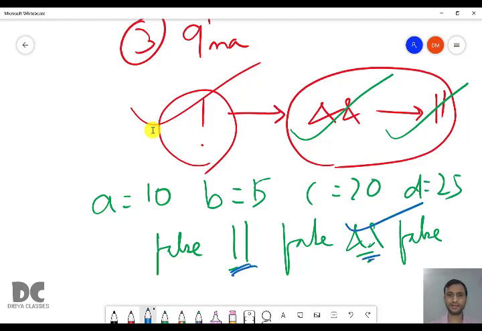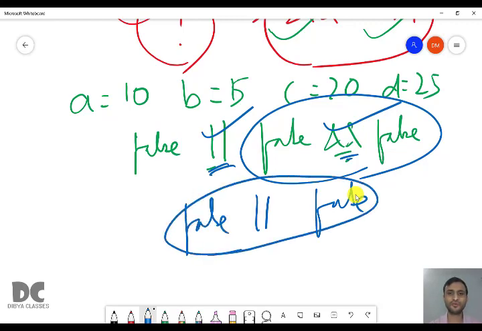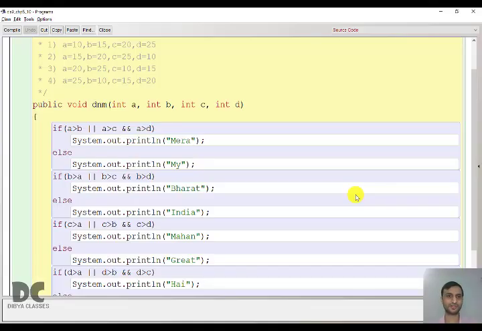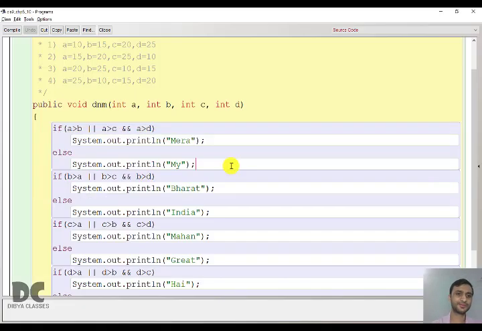So first you have to solve and, then solve or. So first we'll solve and: false and false is false. False or false is false. So finally you'll get the answer as false. False means it will go to the else block and it will print my.